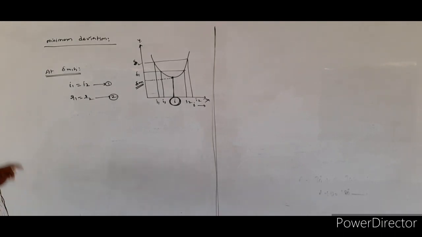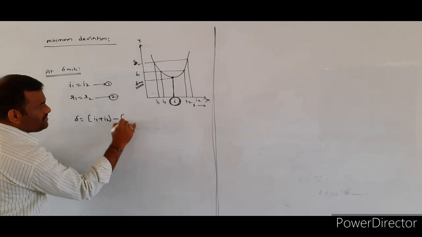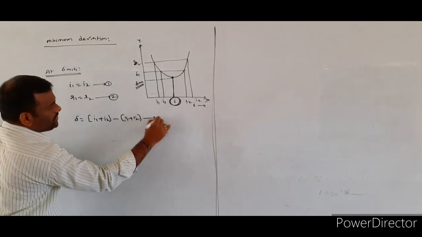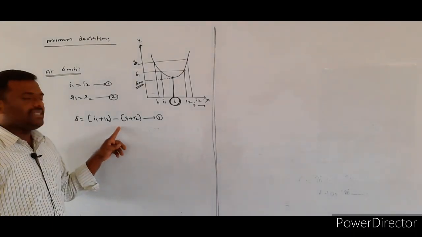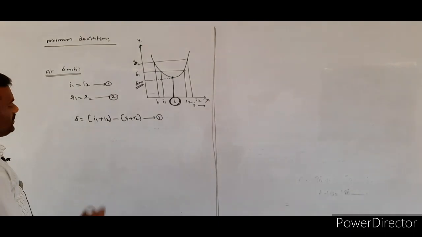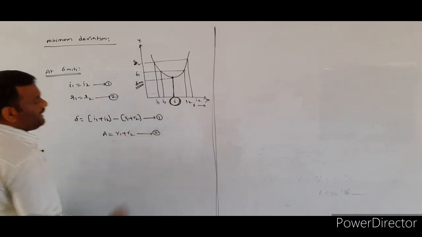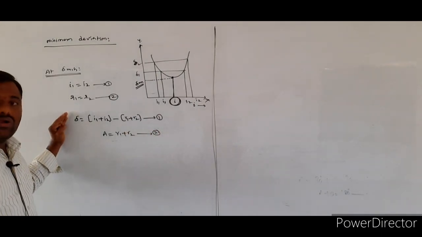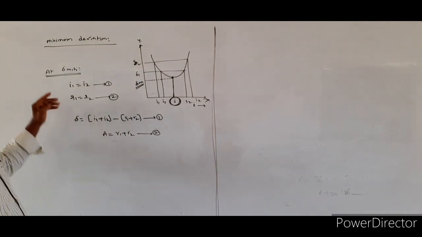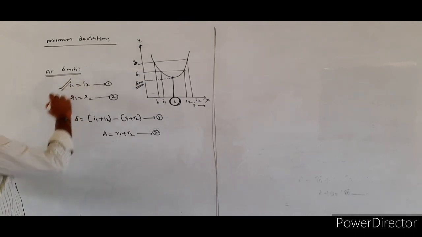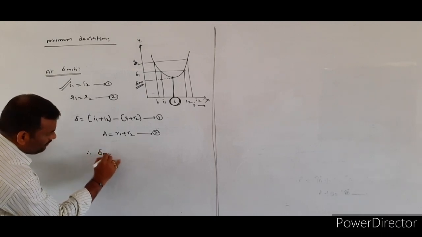Already you know that delta is equal to I1 plus I2 minus (R1 plus R2). This is equation number 1 we took initially. So angle of deviation delta is equal to I1 plus I2 minus of R1 plus R2. And you have one more relation for the angle of the prism: A is equal to R1 plus R2. At minimum deviation, you told I1 is equal to I2 and R1 is equal to R2. Therefore, delta minimum is equal to